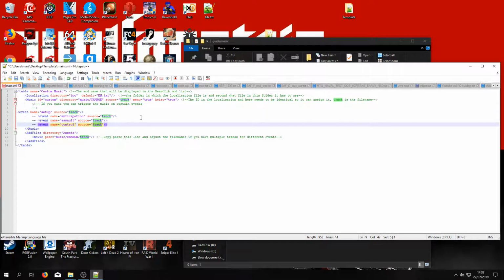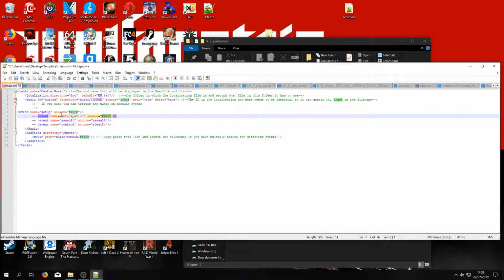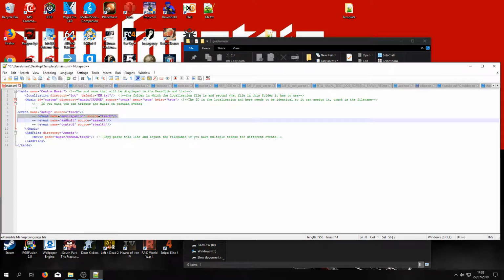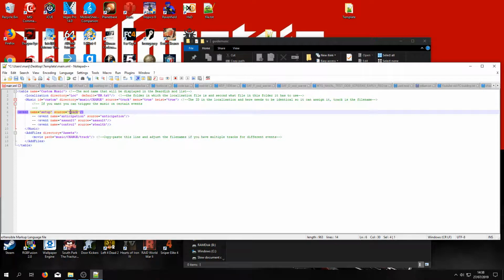So let's say we had 4 converted files named stealth, assault, anticipation, which I'm just gonna copy paste here, and we have the build phase. So now it's very easy for us to see, well, what file was what event, which might be difficult if you don't know all the event names by heart. I think these names I give them myself are a bit more obvious.